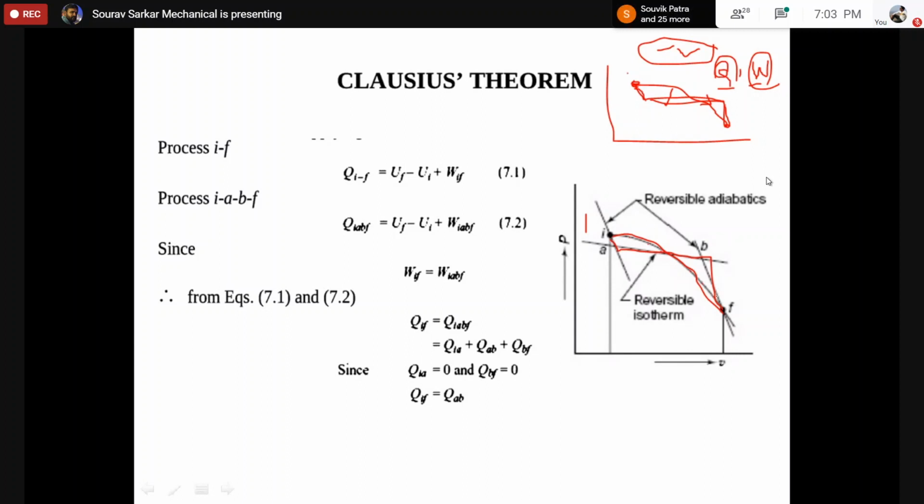So I am adjusting this isothermal line. What I am doing, basically, is adjusting this isothermal line in such a way that this work and heat transfer can be equal. This tuning is with me, this is my tuning parameter. I can choose a different isothermal line, I can choose another different isothermal line, but I will choose my isothermal line in such a manner that the work transfer and the heat transfer, these two quantities, will be equal.